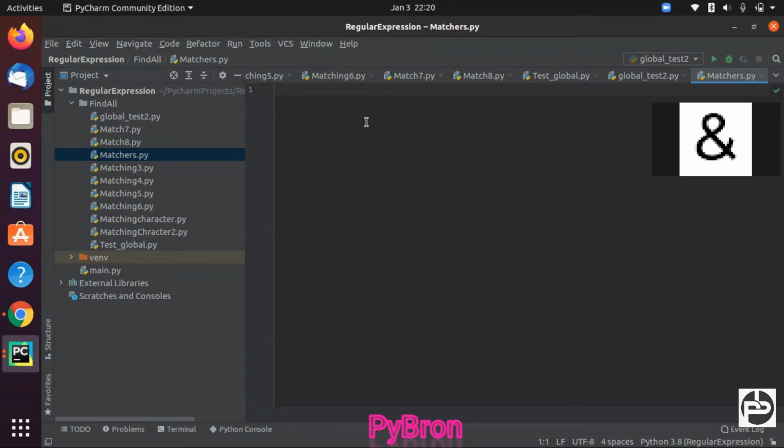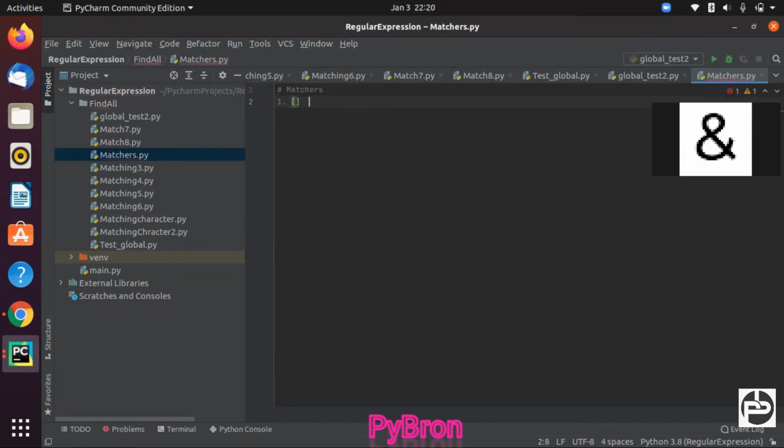In today's video, I'm going to show you matchers. Matchers are basically used to match the matching criteria. Let's suppose I have a text, and I want to check whether certain things appear in this text or not. Let's see how we can find this. The first matcher is this one.